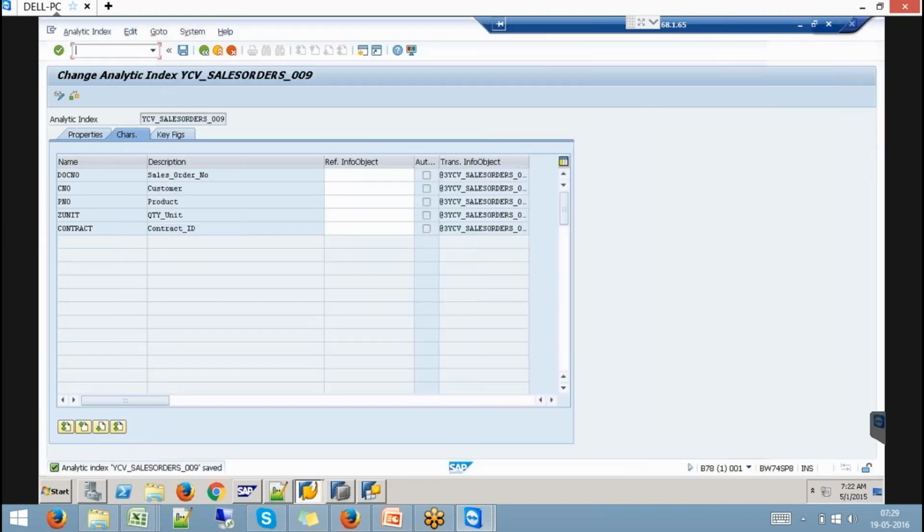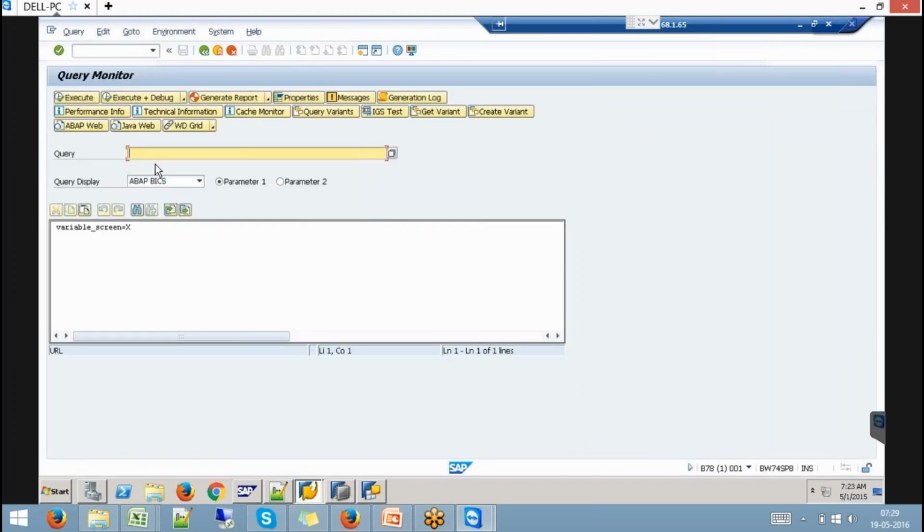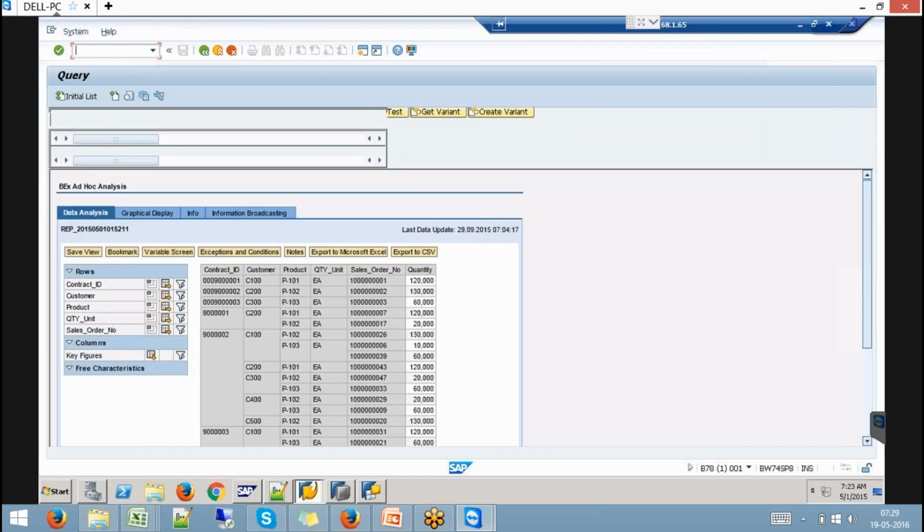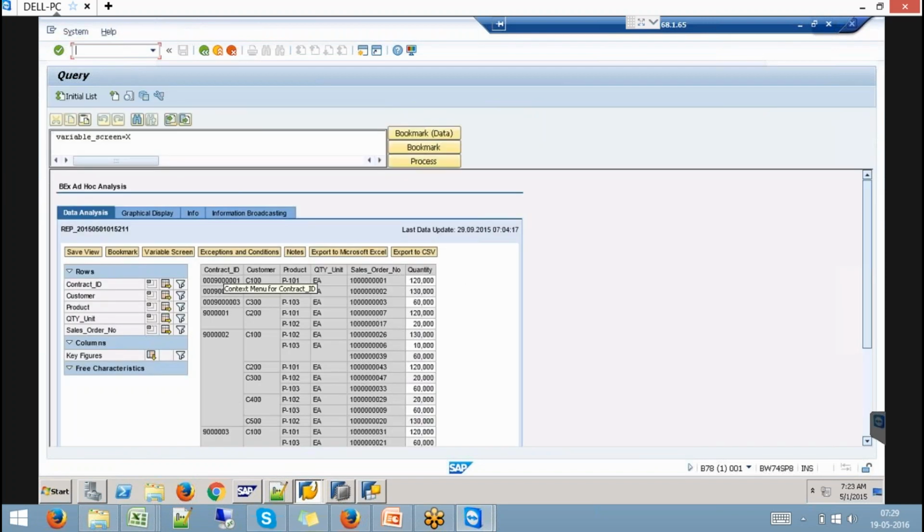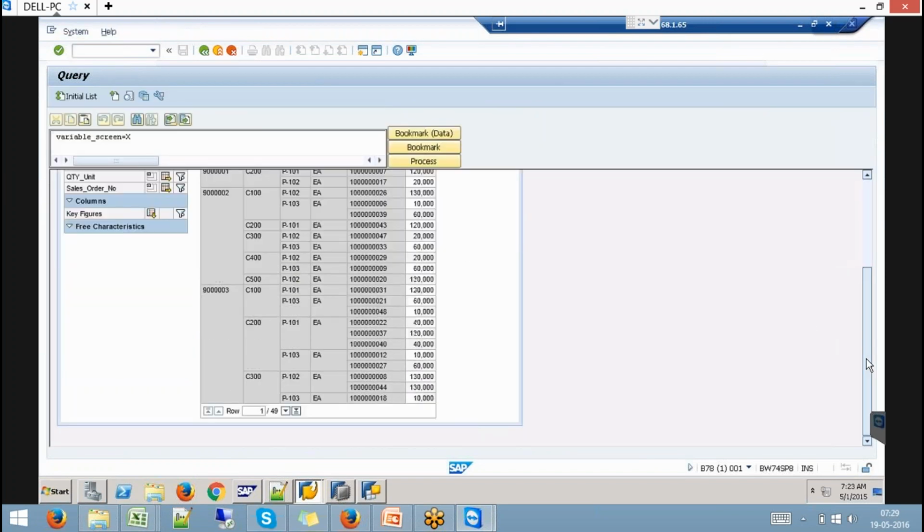I would like to run this out. So you get to see this output, and this query output is actually reading the calculation view and then showing you this.